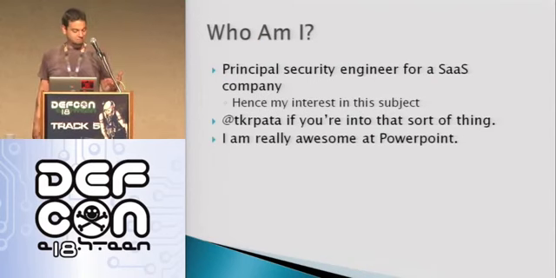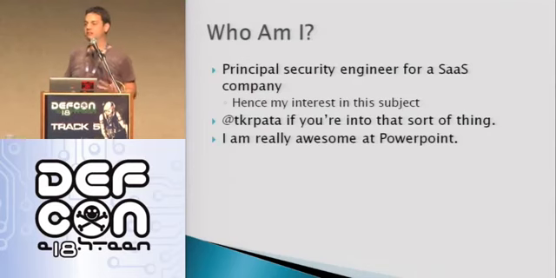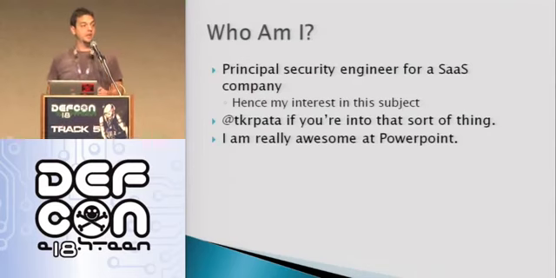So I just want to quickly set a couple of expectations here. The first thing I wanted to mention is that most of what I'm talking about here is not really new stuff. It's stuff that's kind of out in the wild. I tried to pull it all together into one place. The second thing is that most of, again with a couple of exceptions, the stuff that we are talking about is not bugs that are going to get patched. These are fundamental issues in configuration or architecture.